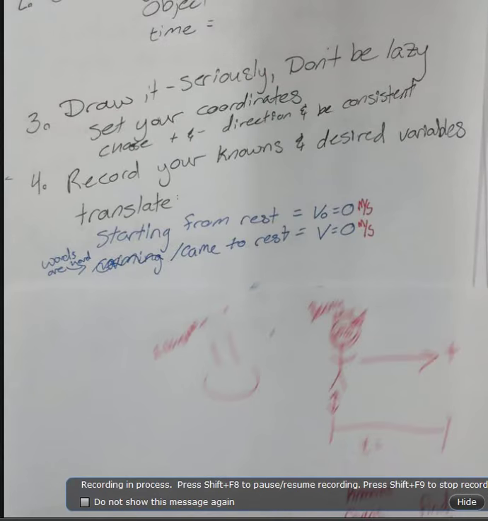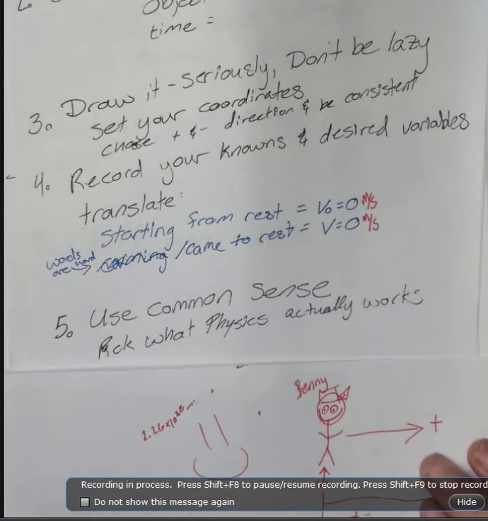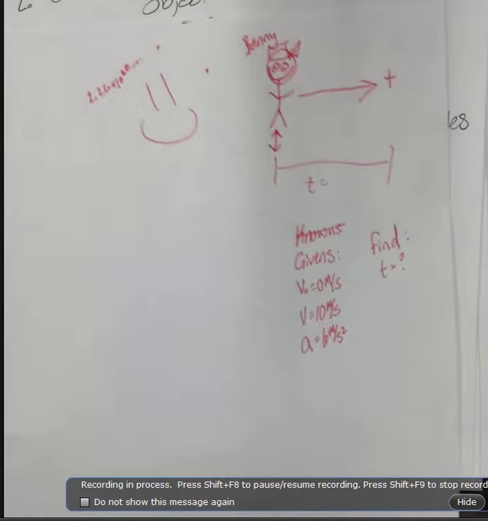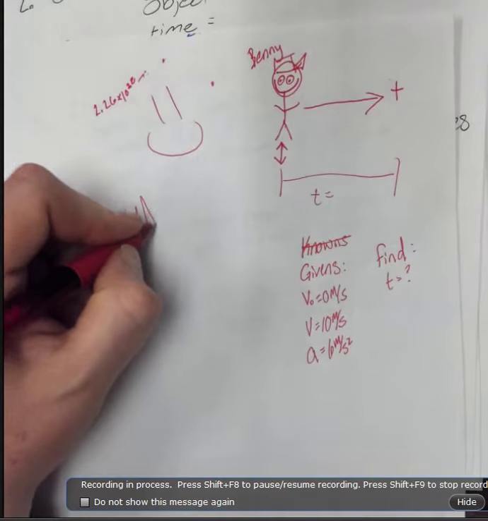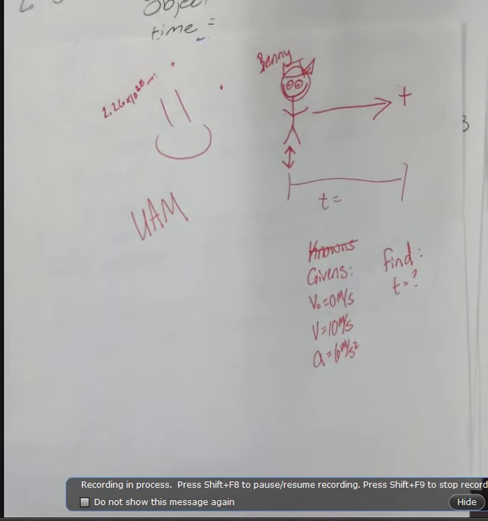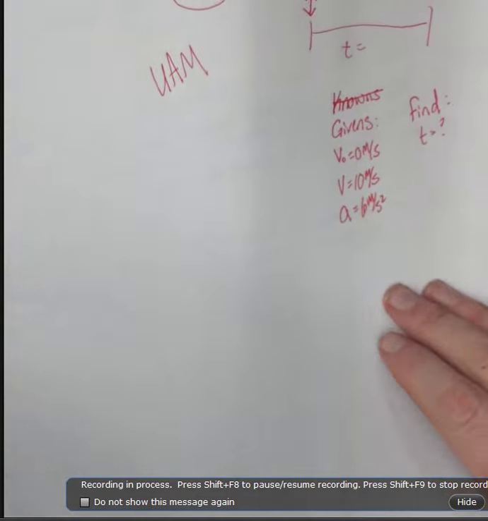Once we've done that, decide what physics actually applies in the situation. So you look at it and you go, okay, which concepts are true? Right now we're only studying the concepts of motion, uniform accelerated motion, so we can consider all of the relationships that are true. In this situation, we're looking at Benny. Benny is accelerating, so we can assume that this is a uniform accelerated motion situation. Any of the physics that applies for uniform accelerated motion is going to be a valid way to analyze the situation. So once we've analyzed the situation, what's going to work,